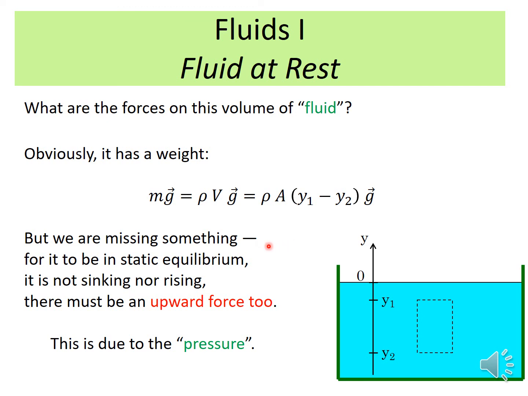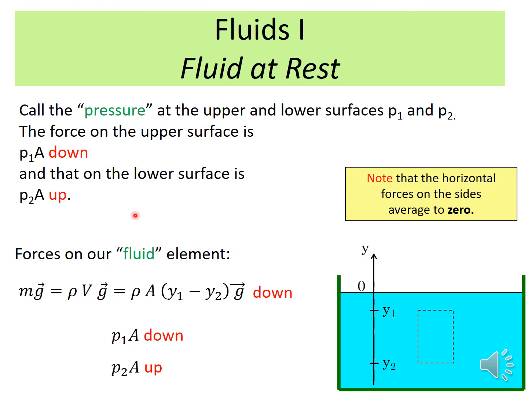However, this piece of water is in equilibrium. Equilibrium means it's neither sinking nor rising, nor going left or right. So that means I am missing an upward force to stabilize it from sinking. So I have to use the pressure, since the pressure is the reason why that piece of water is not sinking. Just imagine that at positions y1 and y2, we have the pressures P1